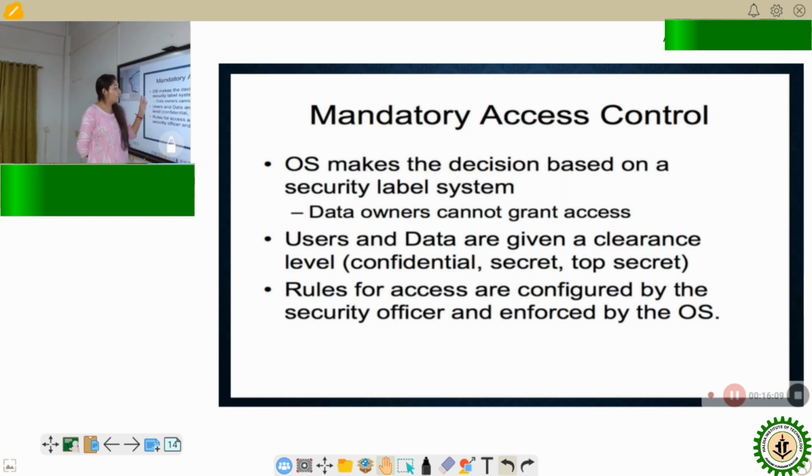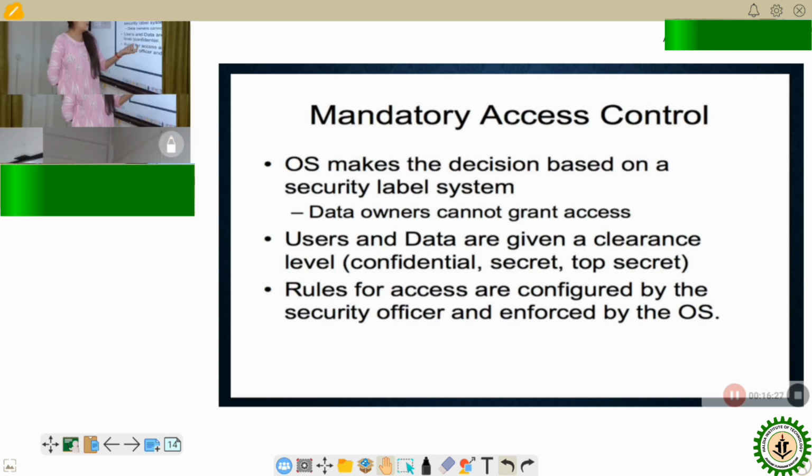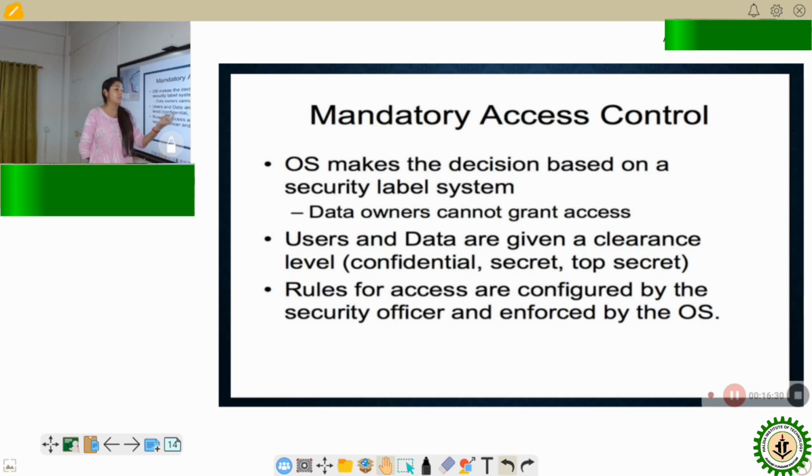How to decide which user gets access to which data, that decision again is made based on a security policy. That security policy basically defines 3 or 4 levels of clearances. Typically we see the confidential clearance level, or the secret clearance level, or the top secret clearance level. Users and data are both assigned some kind of clearance level.